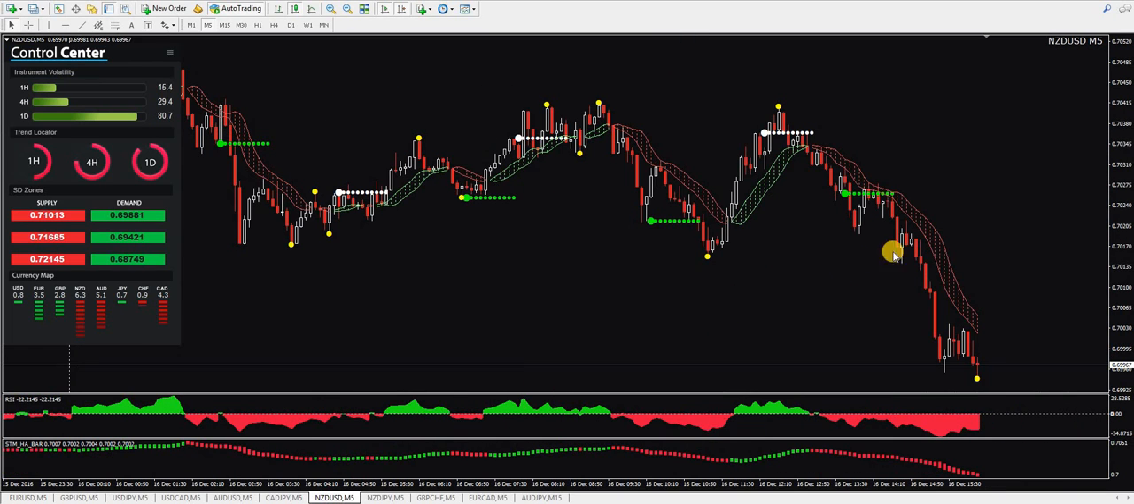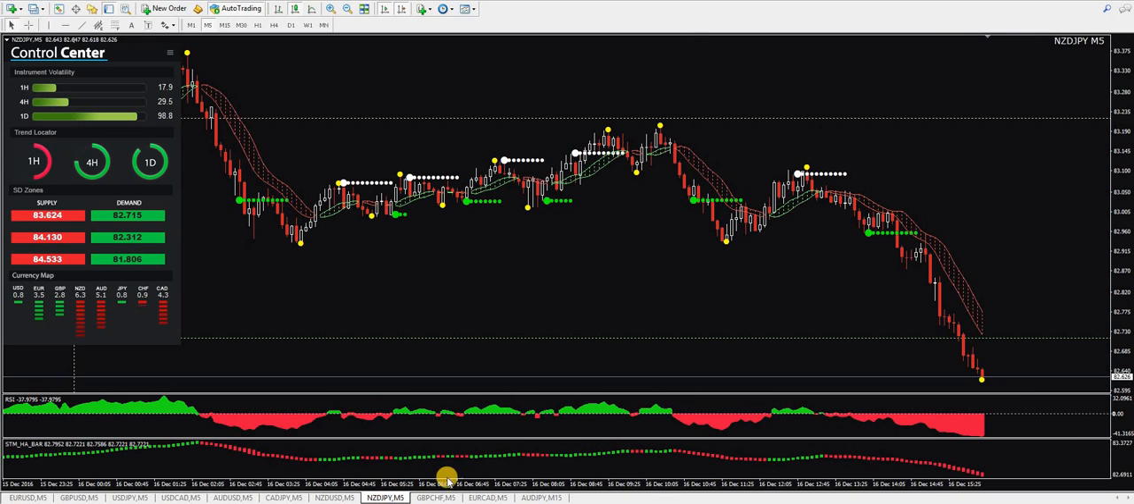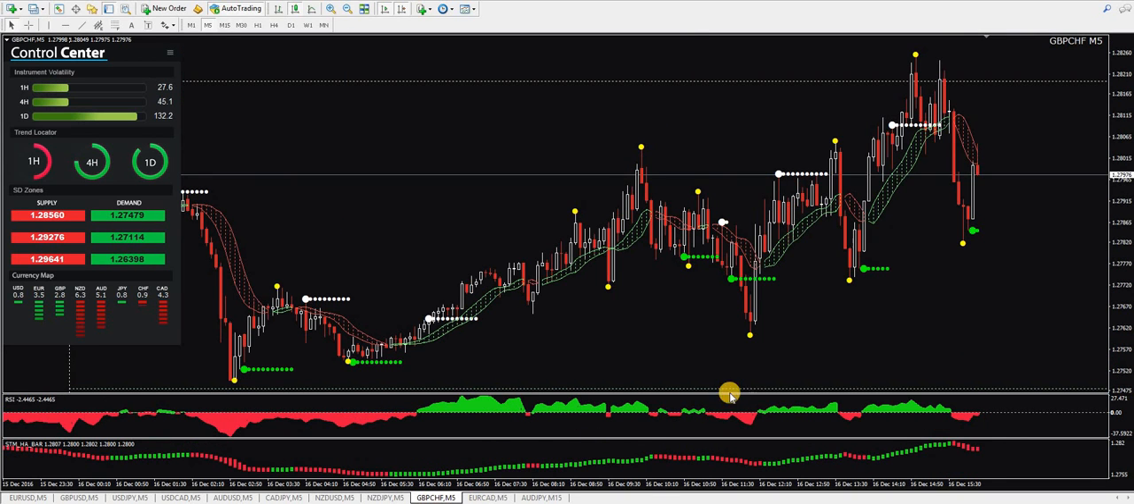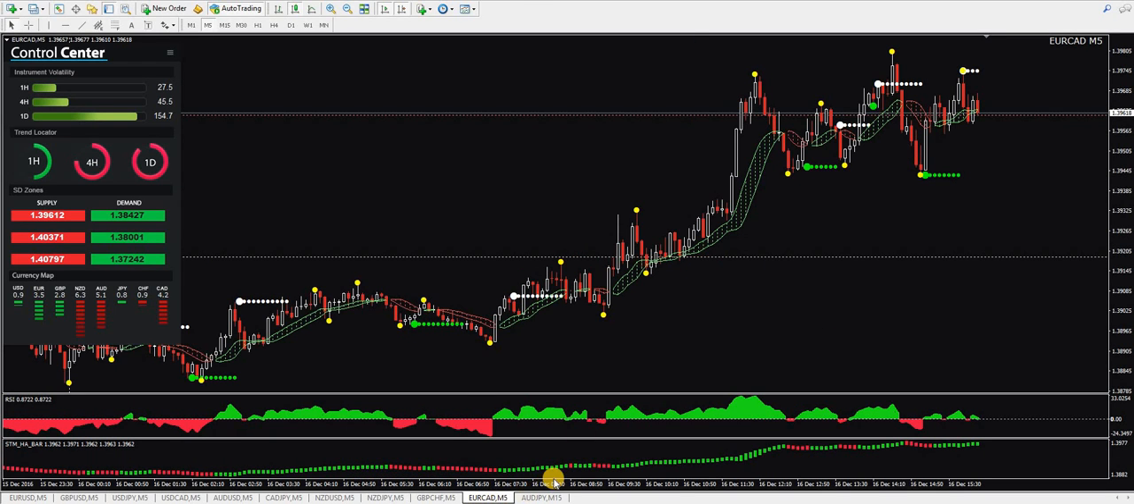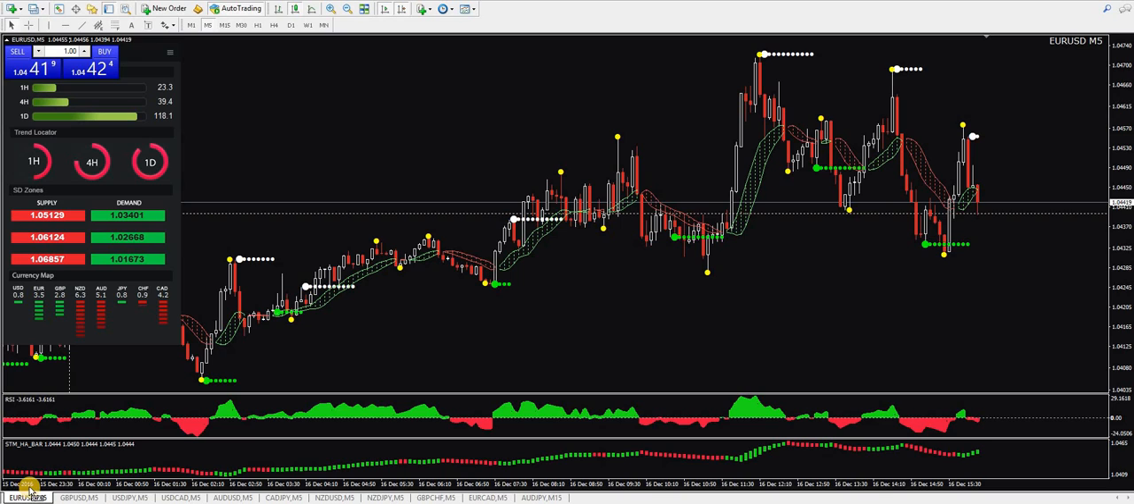NZD USD, nothing there. And this is a bit too sideways for me to want to trade it. All right, so basically right now we're just going to wait it out and see if we can get,